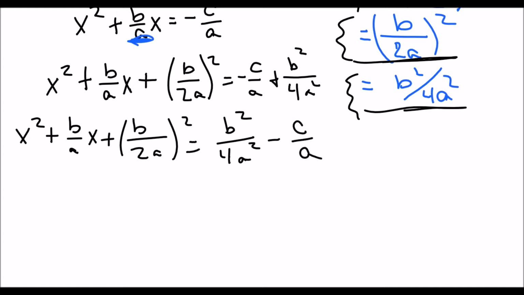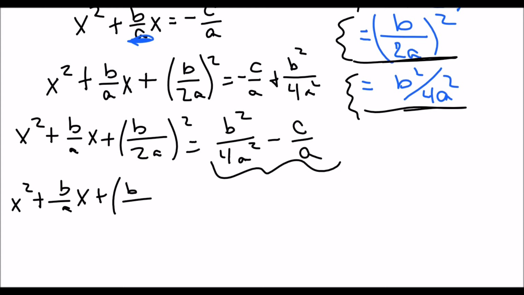Okay, so then from there, we need to combine this right-hand side. So we're going to make common denominators. The left-hand side stays the same, you can just copy it down. x squared plus b over a x plus b over 2a quantity squared equals,